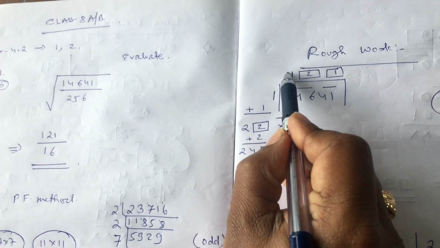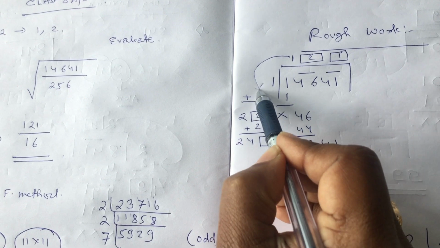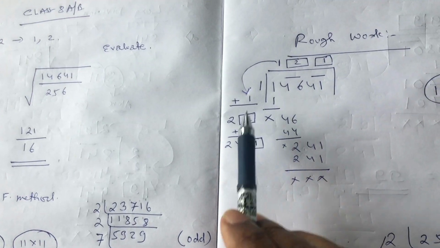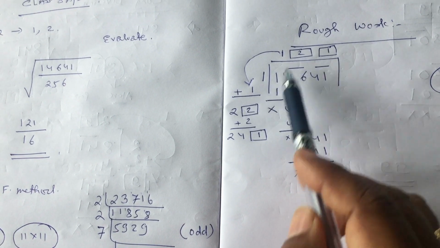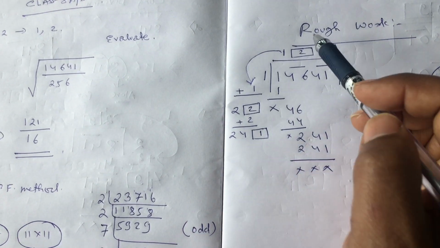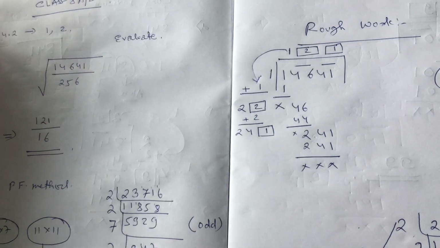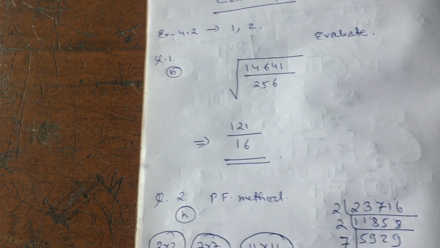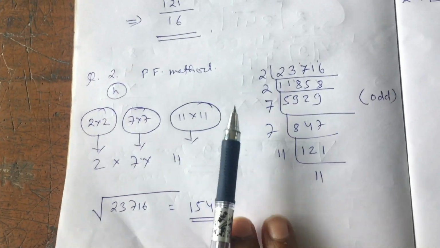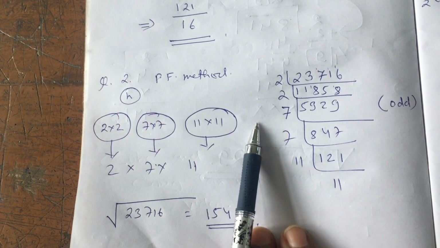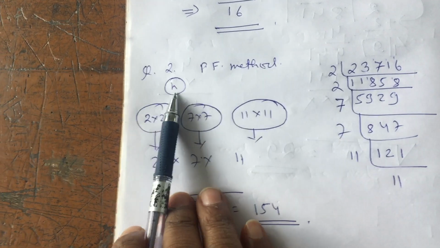So in these two, if you see, the solution is 1, ones are 1, and this 1 again comes back. As you can see, this 1 has ultimately come and got joined here, and 1 plus 1 becomes 2, and this 46 comes down, then 22. I just took the box system as I have already explained to you. Similarly, one more question with the prime factorization method is given, as you can see here, for question number 2H of your book.